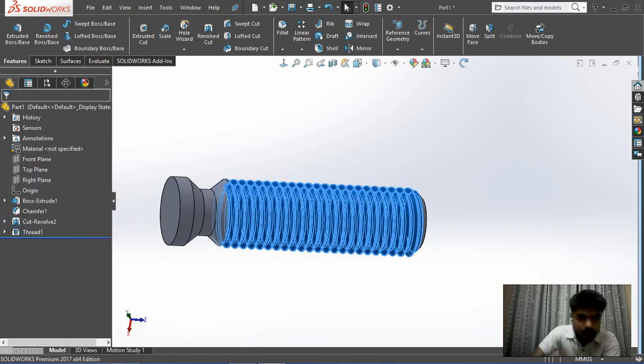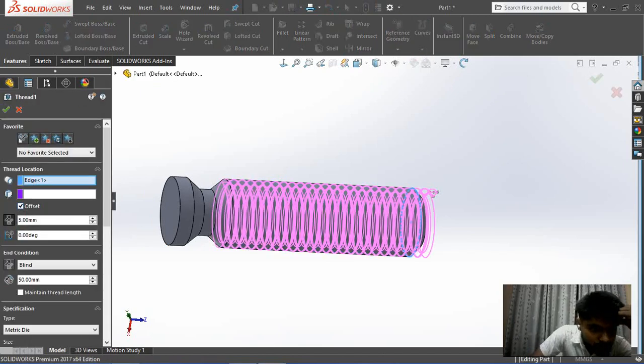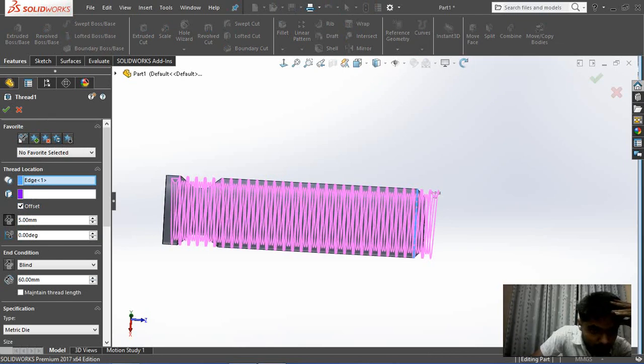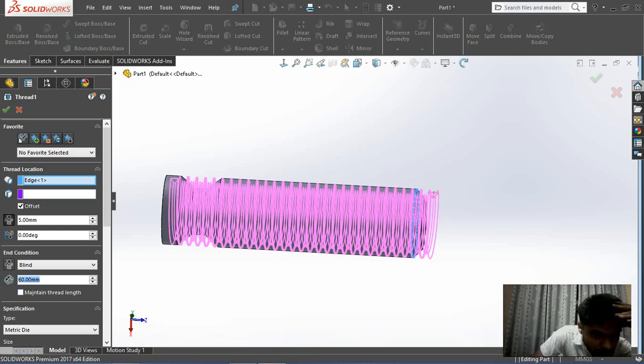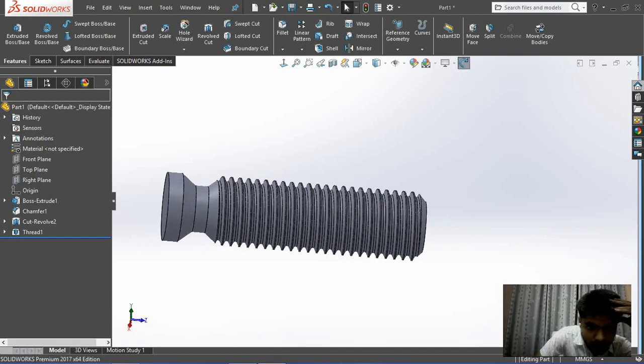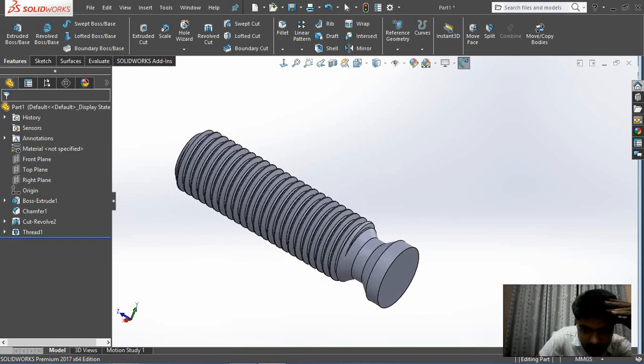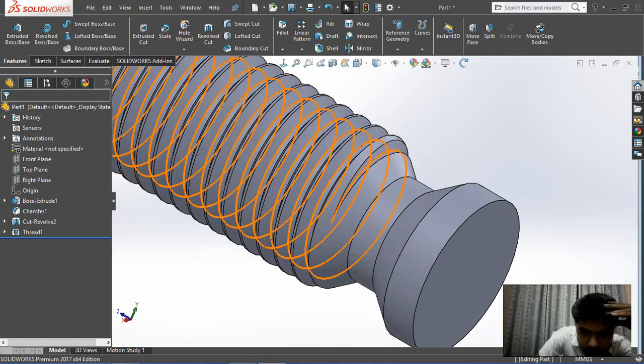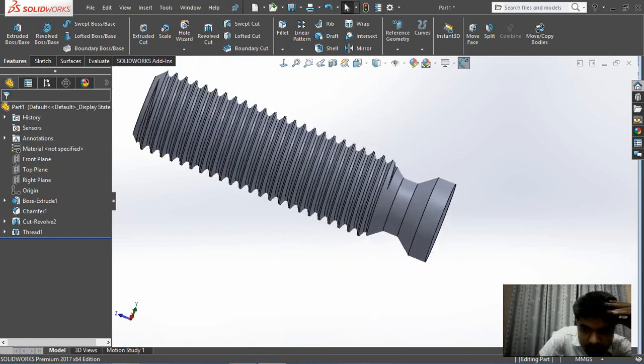And what I am going to do, I just have to increase the length of the blind. Okay, this will go much. 55 is enough, I think. 55 is enough. Okay, so now here you can see the tool is disengaging, means